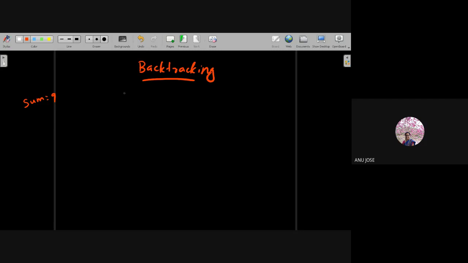So for that, as you know, we have to draw the corresponding state space tree. So how can I draw the corresponding state space tree? We will be having the initial state. From there, I am including my first element, that is x1. The left child will be considering including the element and the right child will be considering excluding the element. It means that x1 is included and x1 is not included.